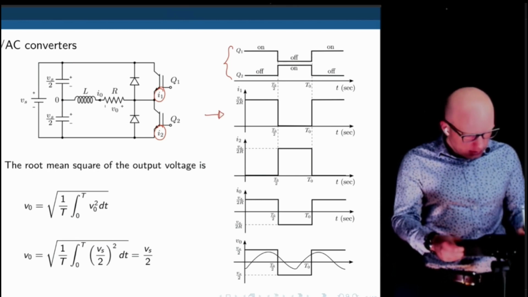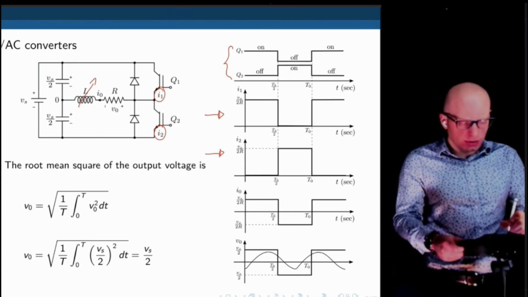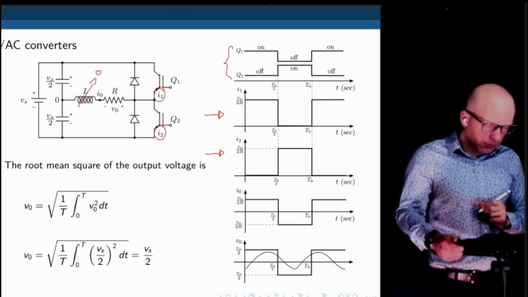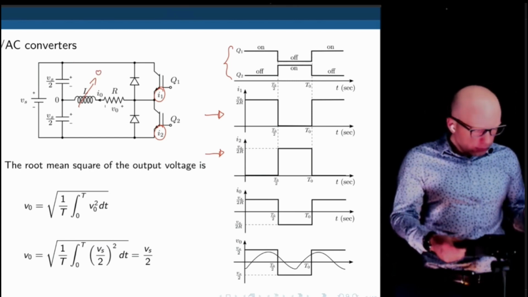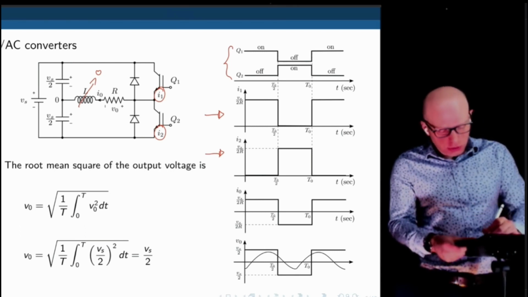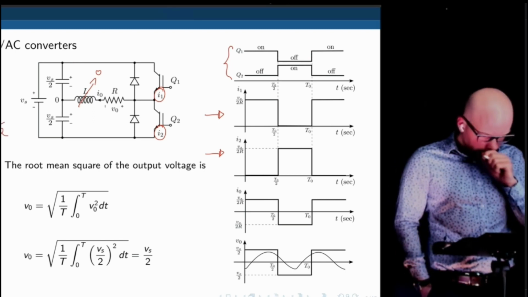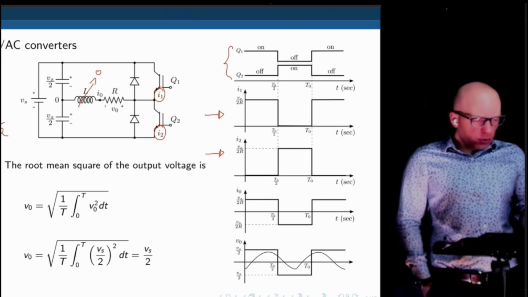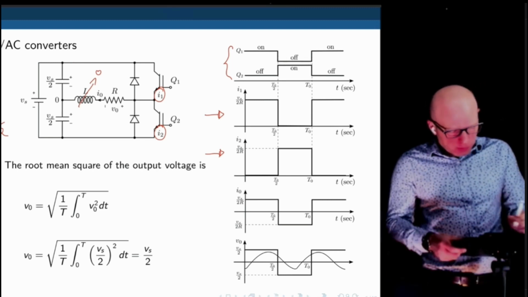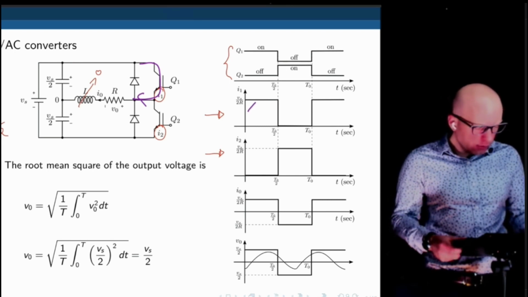This is the steady state current, right? Let's just neglect this inductor, put that to 0. So our current would simply be the voltage applied to the load, which is Vs/2, divided by R. All right. So when transistor Q1 is on, current flows like that. So I1 is on for this period,